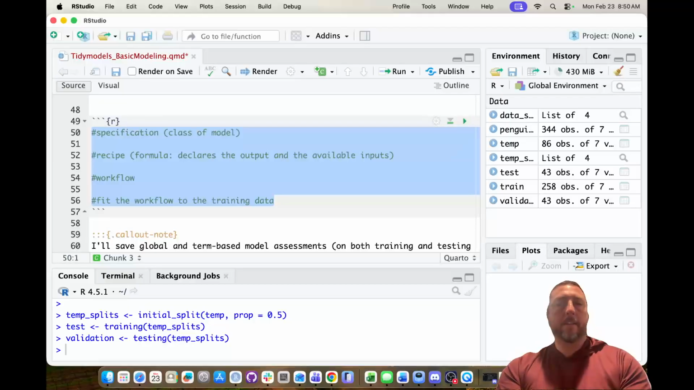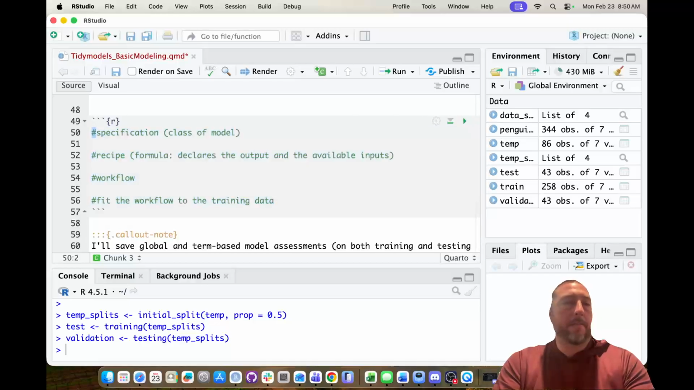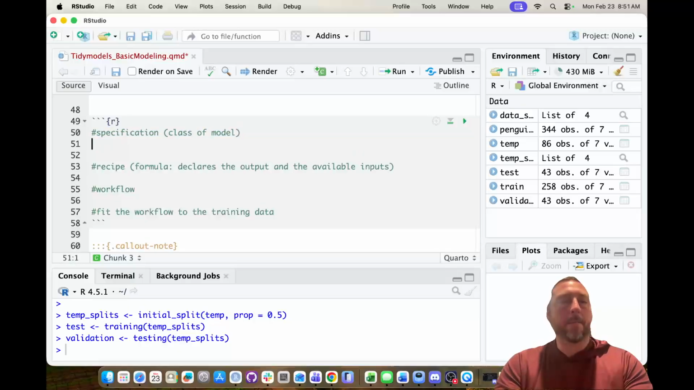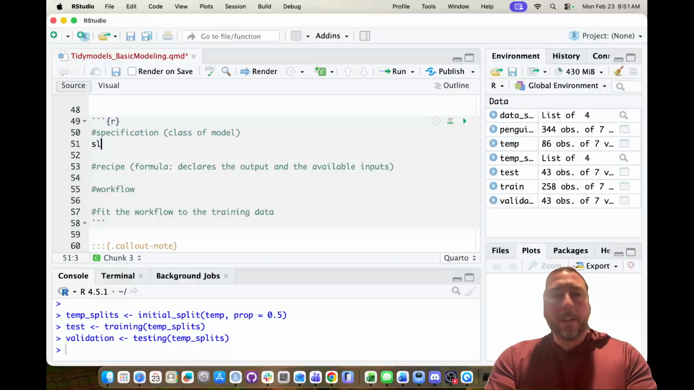So this is the Tidymodels modeling framework here that we're going to run through. The hashtags that you're seeing me use in front of each line here so far is the comment character in R. So R ignores everything after these comments. These are just notes for us. You don't need to include them in your code. So I'm going to start